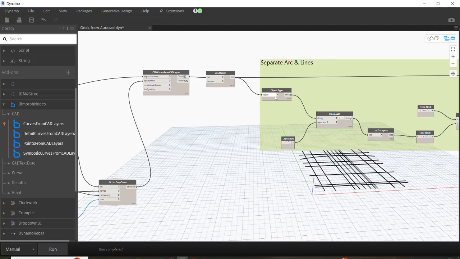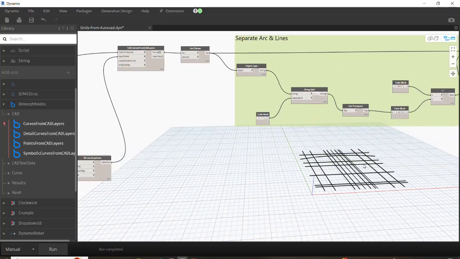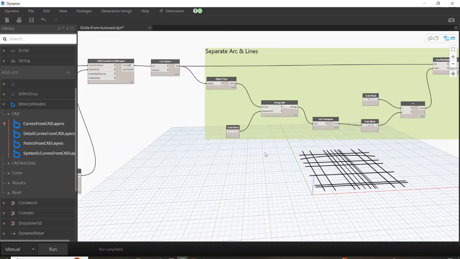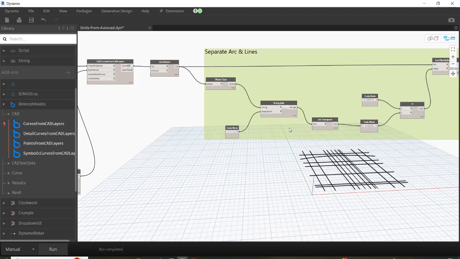So later we need to separate these lines because we have also a straight line and also we have an arc. So maybe in your project you would have other arcs or maybe any other types of the lines for the grid. So we need to filter and separate them. In order to do that,